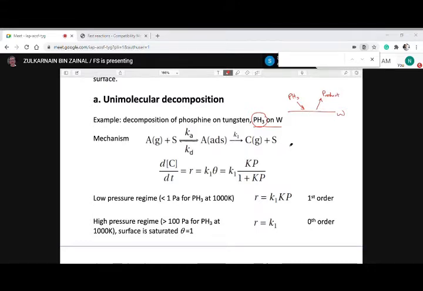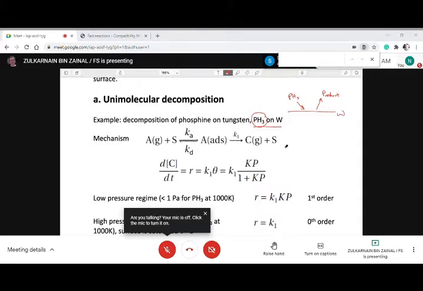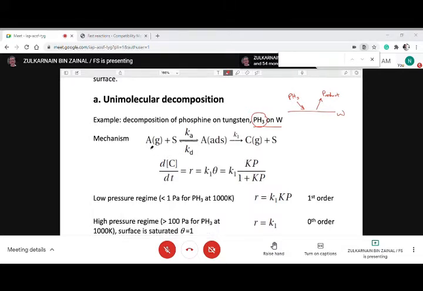So this is an example of the process, shown in the general mechanism. We have the reactant, A(g), the reactant gas, adsorbed on the surface, where the reaction occurs. So the adsorption occurs, where A is adsorbed on the surface, meaning that from the gas phase it turns into the solid phase on the surface,